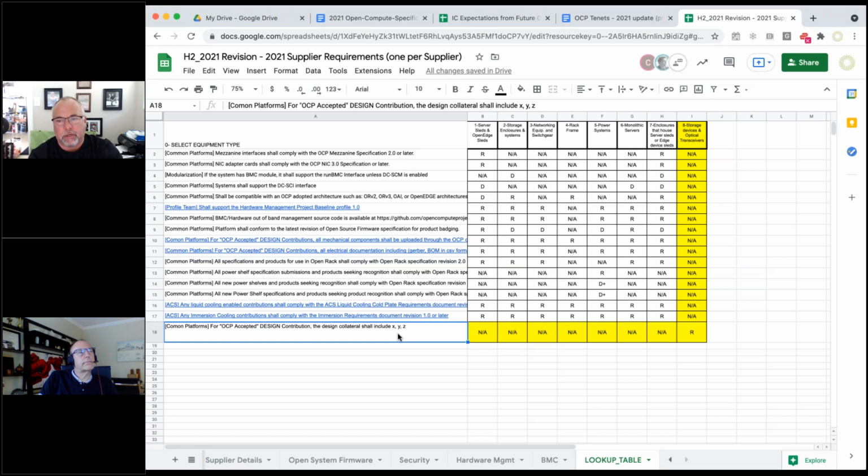When I look at an optical transceiver, I don't know what would be beneficial to the community. So I agree with you, I don't know what that would be. So what would we be giving them OCP acceptance for? What would that mean if they're not opening up their design and they're not contributing anything? What would that mean?